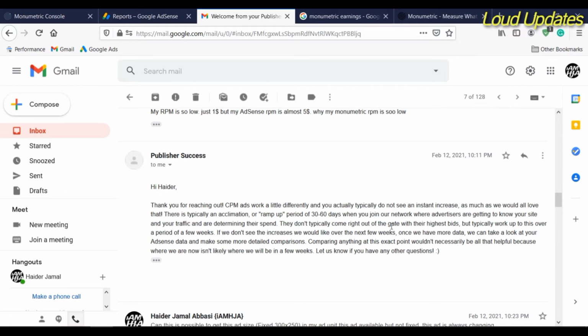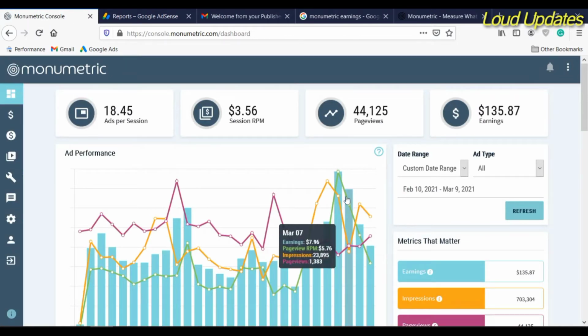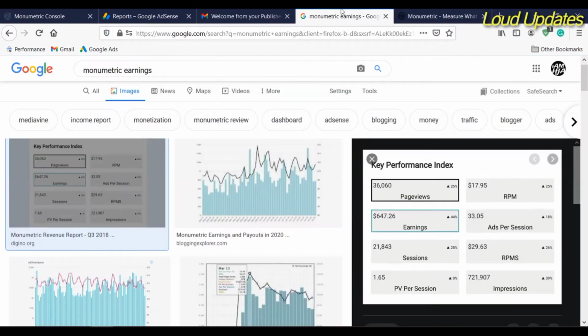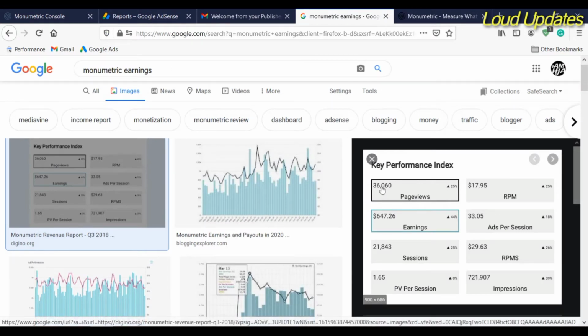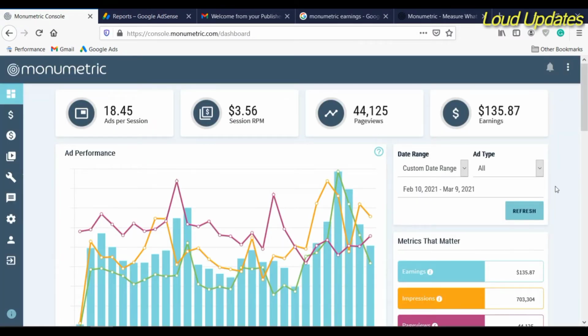Here you can see, just read this email, what they told me. When I joined my RPM was $2, $3, $4, and here you can see my RPM increased from $3 to $7. Here you can see different people earn: they got 36,000 page views and their RPM is $7.95,